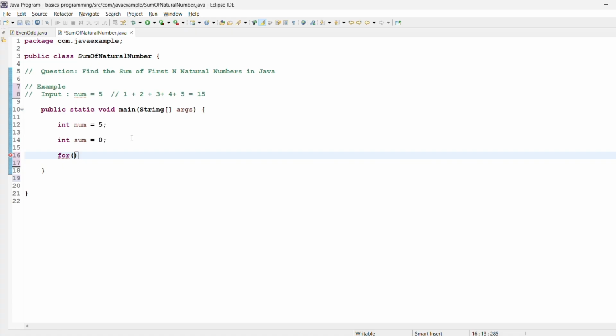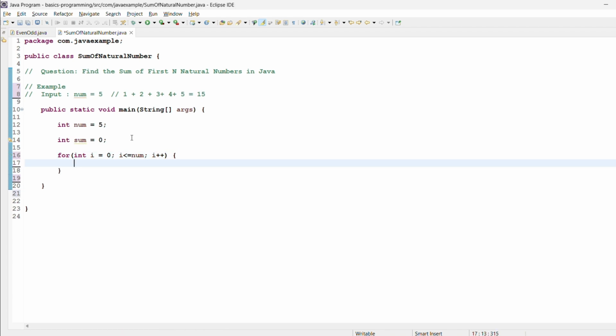For the for loop you need int i is equal to 0. It is a sum, so for that reason you have to start from 0. If it's a multiplication, then you have to start from 1, because if you start from 0, all the values will be 0 with the multiplication by 0. Here we are doing the sum, so just write i is equal to 0 to start from 0. i should be less than or equal to num, and i plus plus to iterate until our